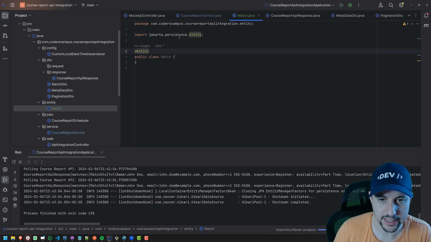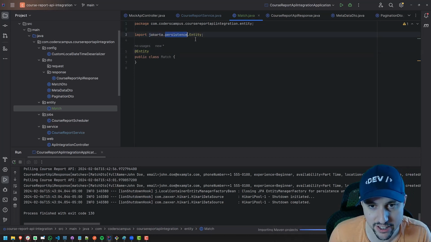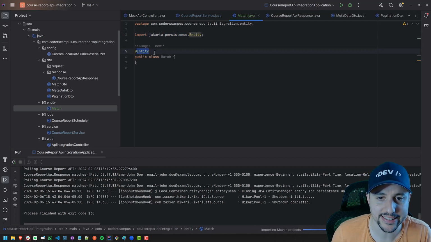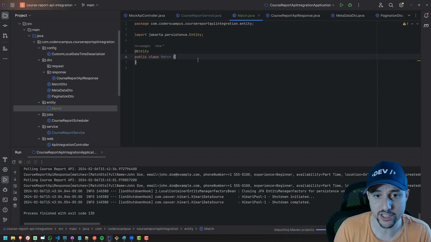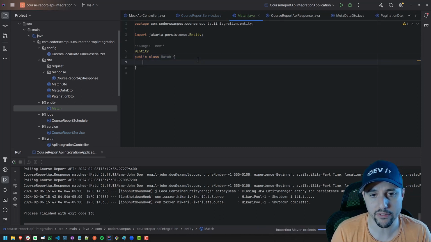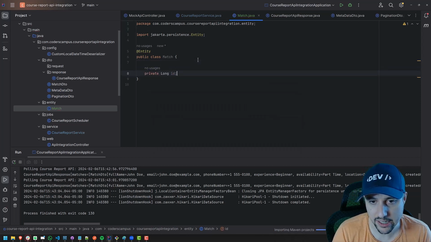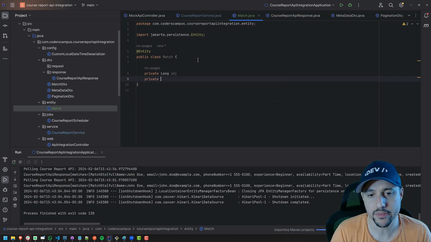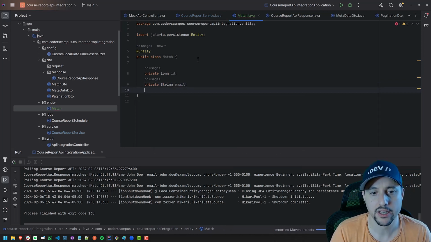What is this called? Package. There we go. From the Jakarta persistence package. We can add it as an entity. So what this does is it essentially says, hey, this is going to represent an actual database table, right? And if you have something that represents an actual database table, you should probably have some sort of ID for it. And then we should start having things like, well, we want their email address, and we want the created